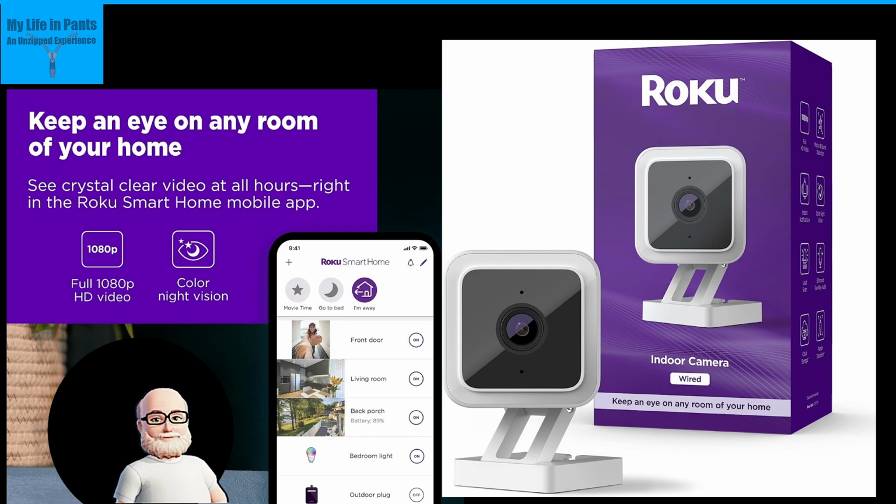Now, currently, the price for a single camera subscription is $3.99 a month. If you have 2 cameras and you need to be able to trigger events to record, it would basically be $8 a month, so that'd be 2 subscriptions, 1 for each camera. If you have 3 or more, it would be $9.99 a month, or $99.99 a year, and that covers up to 99 cameras. But I think for a lot of us, we're going to have 1 or 2 cameras. It's not really that bad a price when you think about it, for all that you get if you need